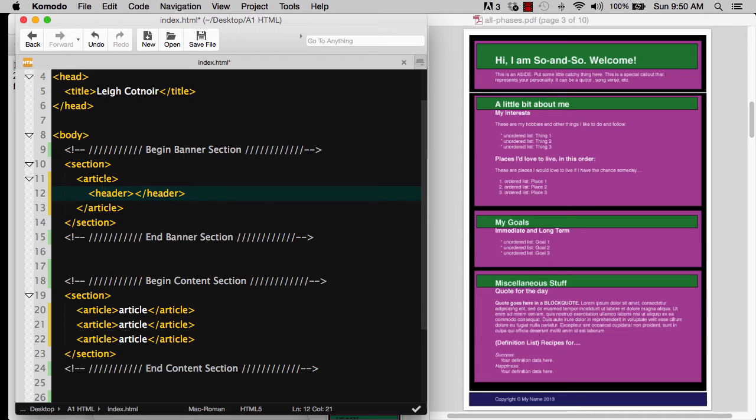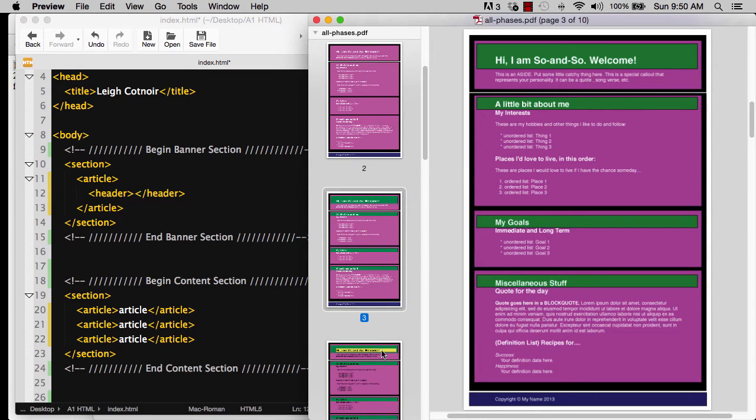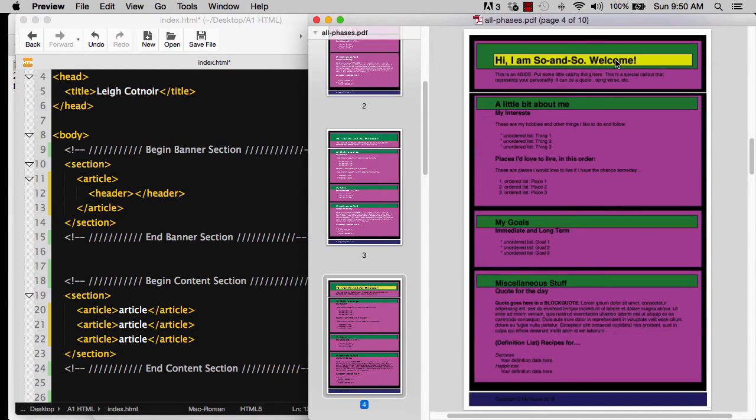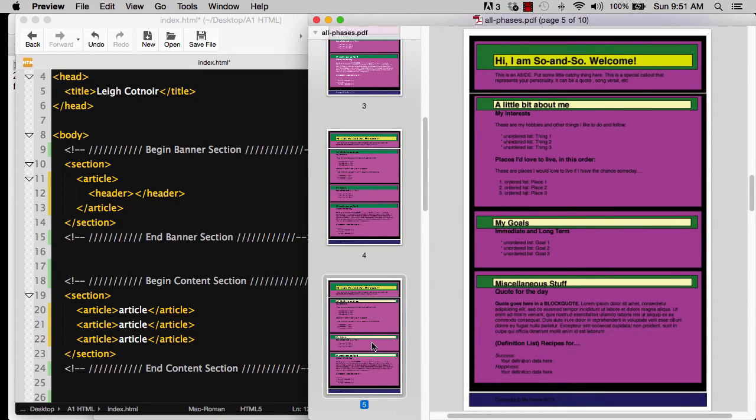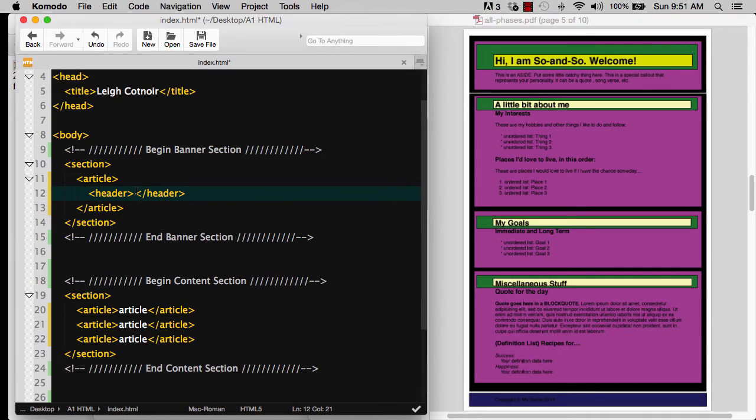I want you to realize that all these articles, we were consistent. All the articles have headers, and all of the headers are going to have some sort of H something or other, like an H1 or an H2. So the next thing that we could do, to be efficient, instead of creating all of these: if I look at my example here, this first one has an H1, and then we get to the H2s if you look here. So instead, inside of my header, I'm going to type H1,